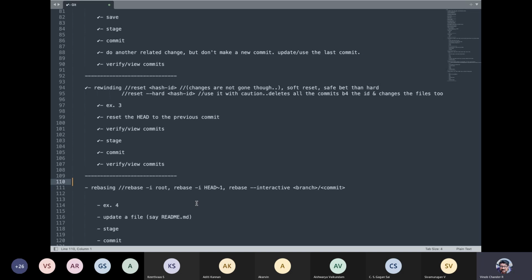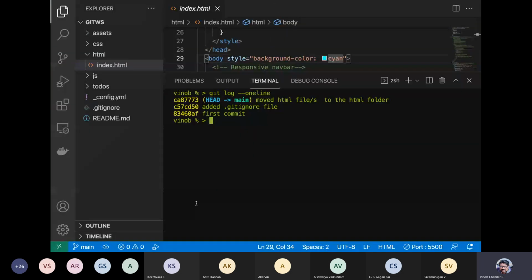Okay, so let us try with an example. See the order of commit. Let me try to give you an idea first of all. So before we see an example, git log --oneline, right. So depending upon the number of commits that you have and depending upon the number of branches, now we don't have any branches, you may want to take a particular commit from one particular branch and put it in another, right?